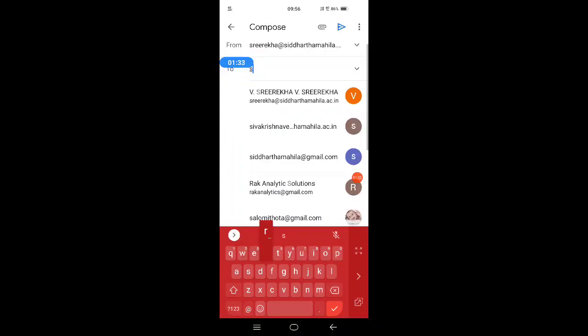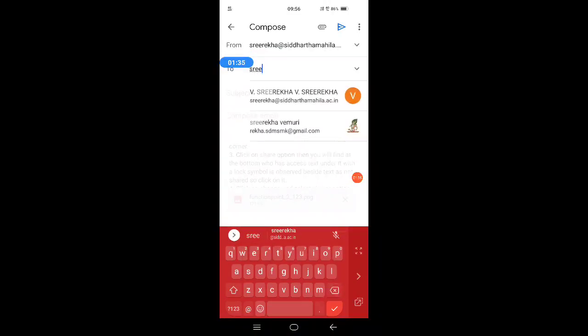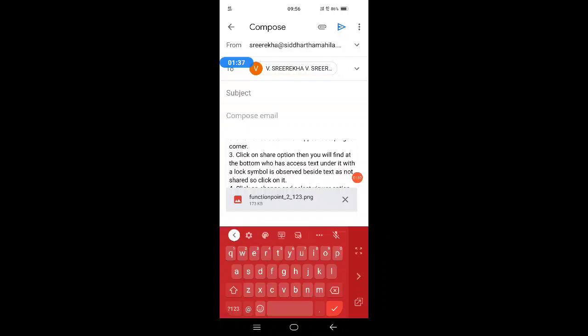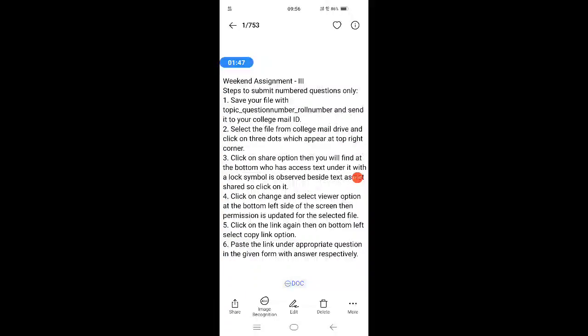You need to use only your college email in order to send the file. In the subject you can write anything. I wrote my name and I sent the file.